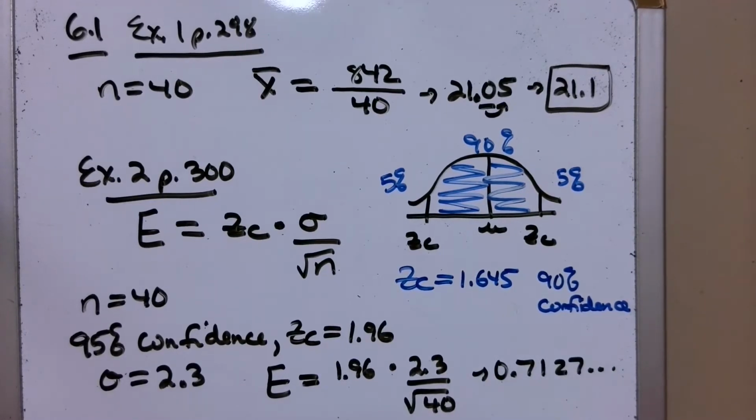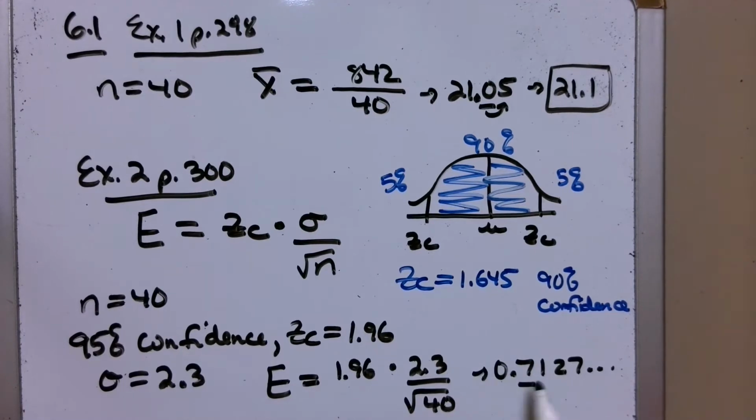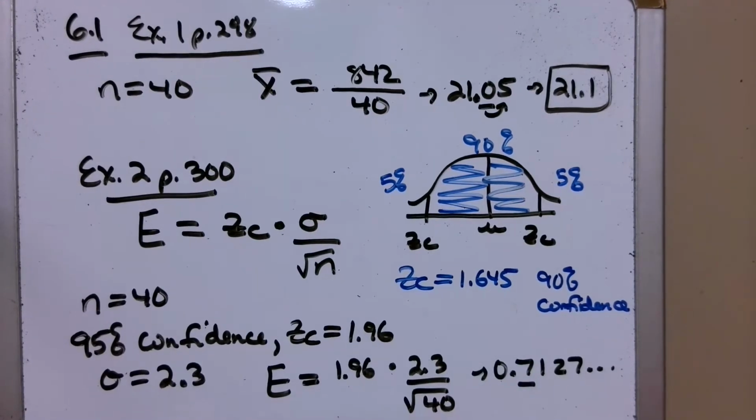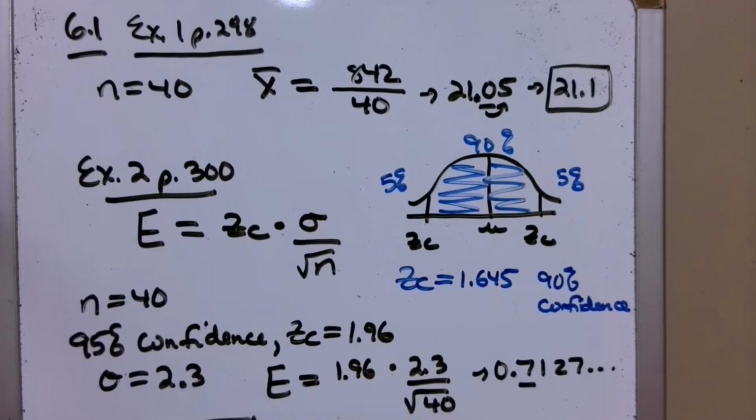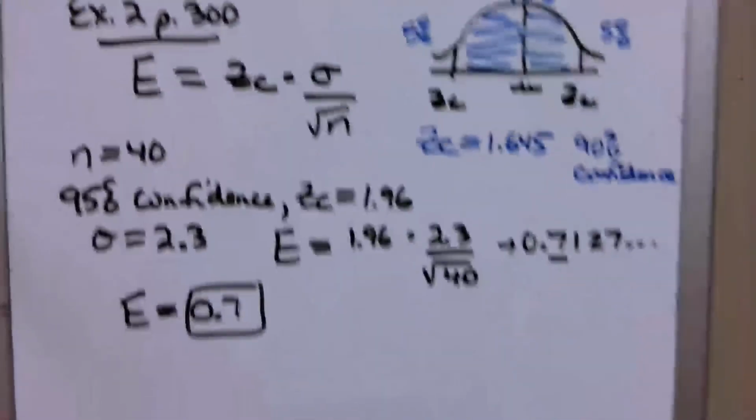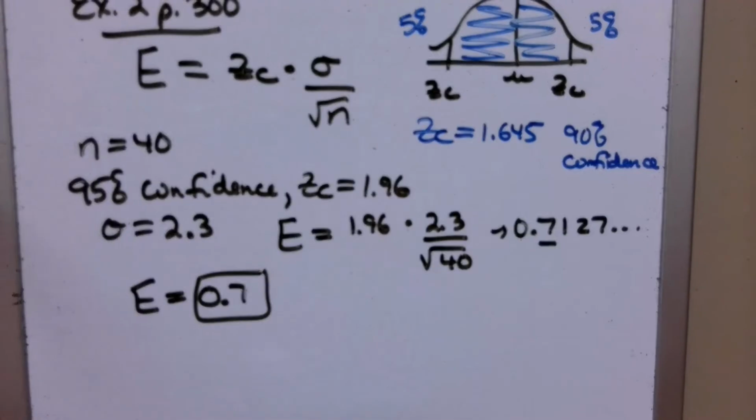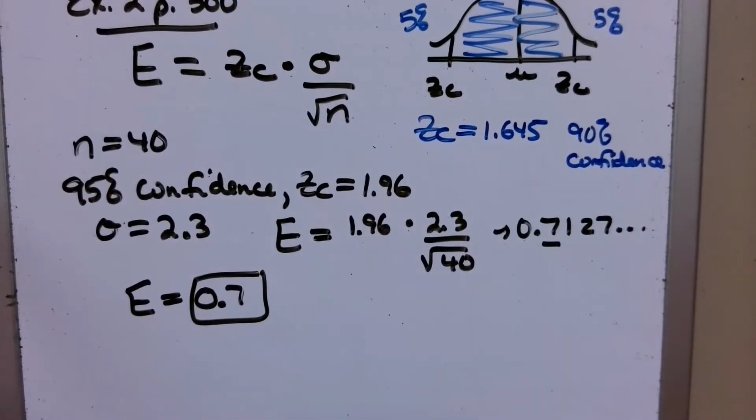0.7127 something. And the original data were whole numbers, so we're going to carry one decimal place. Looking to the right in the hundredths place is a 1. So our margin of error for this problem in example 2, which we're going to use again in a minute, is 0.7. Let me move that up. So it's 0.7. And so what that means is that we can assume that for the margin of error, it's